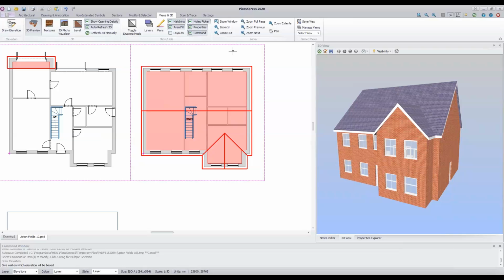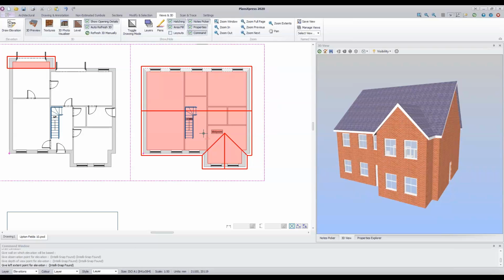So because we're drawing a rear elevation, the wall we're basing it on, of course, is the rear wall of the house. The next instruction is give the observation point for the elevation. So if I'm creating a rear elevation, then of course I'm going to be looking at it from the back. So click to place that observation point. So now it's asking for the depth of viewpoint for the elevation. So if I'm standing here in the garden looking at the back of the house, the depth of the viewpoint wants to be, again, beyond the roof ridge. This will ensure that the entire roof is included in the elevation. So click beyond the roof ridge,